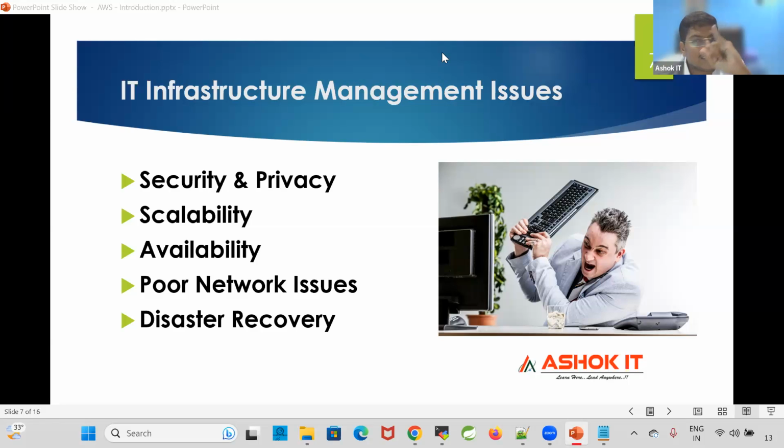So you need to purchase infrastructure. To purchase infrastructure, a lot of money we have to spend. Crores of rupees we have to spend. First of all, if you want to run one software company, you need to take a big building. You need to purchase a lot of ACs. You need to purchase a network. You need to purchase the power. You need to set up so many computers. You need to set up security. You need to set up security guards. You need to recruit so many employees to manage your computers, to manage your network, to manage the power,